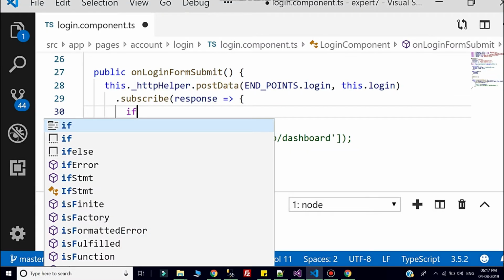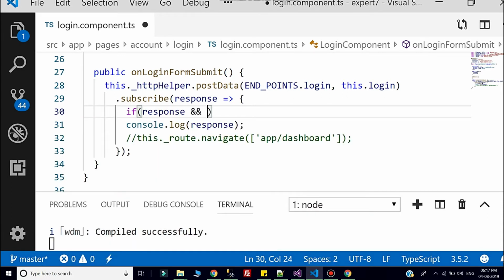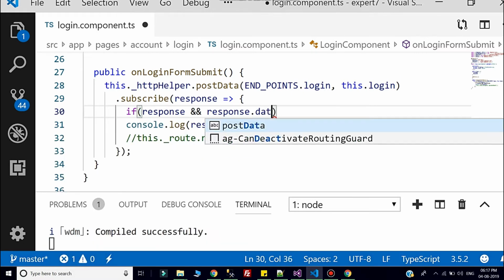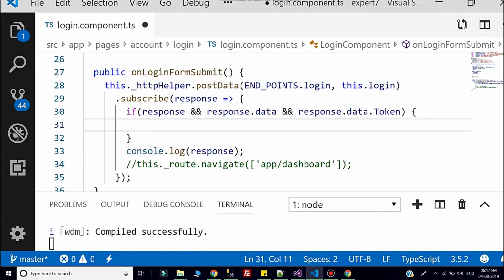So here we need to check the response and response.data and response.data.token. If it is there, then we will set the token in the browser local storage,